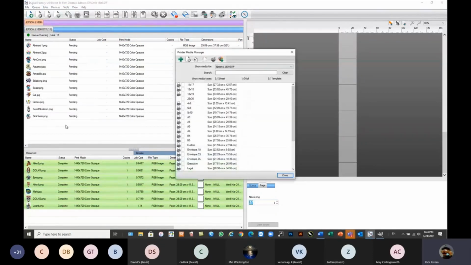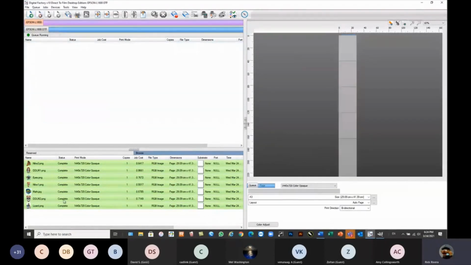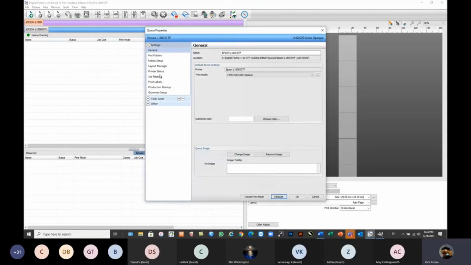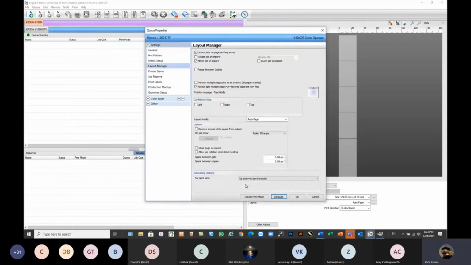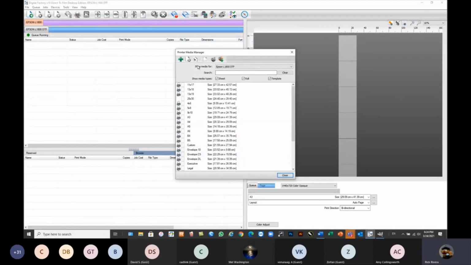Going back to our print media, we can also set up templates. So let me go ahead and close this out. Let's go back in here, and I will go ahead and reset my layout manager. All right, so what I can do is go to my media manager and I can set up